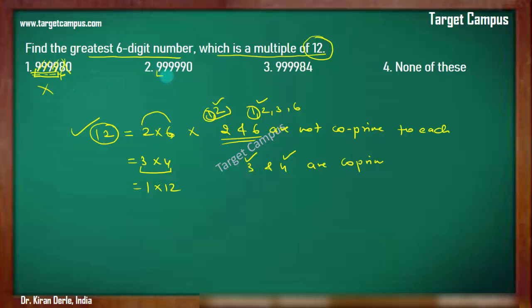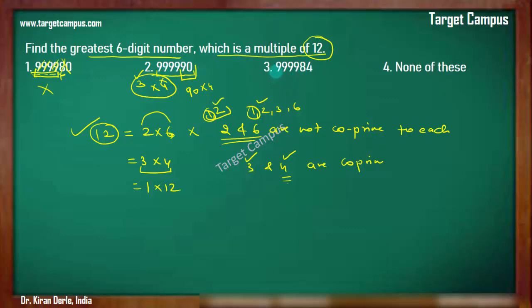This can be divisible by 3 because if you make the sum of these, 3 can divide this, because the 9s are all sums of 9 only, or multiples of 9 for that matter. But the test of divisibility by 4 tells us that the last 2 digits should also be divisible by 4. Here 90 is not divisible by 4. So even if this number is divisible by 3, it is not divisible by 4, so it cannot be divisible by 12. I hope you are getting this point.